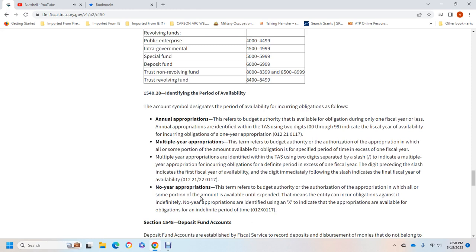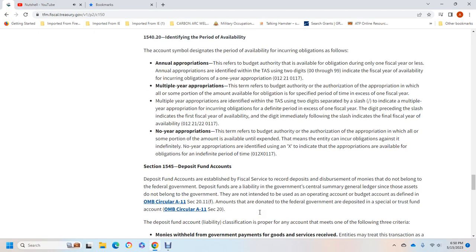No-year appropriation: the term refers to the budget authority, the authorization, appropriation, in which all of the same portion of the amount is available to the extent of incurring the obligation. A no-year appropriation is identified with the X, indicating the appropriation is available for obligation without a period. Section 1545: deposit funds account, with the table of official